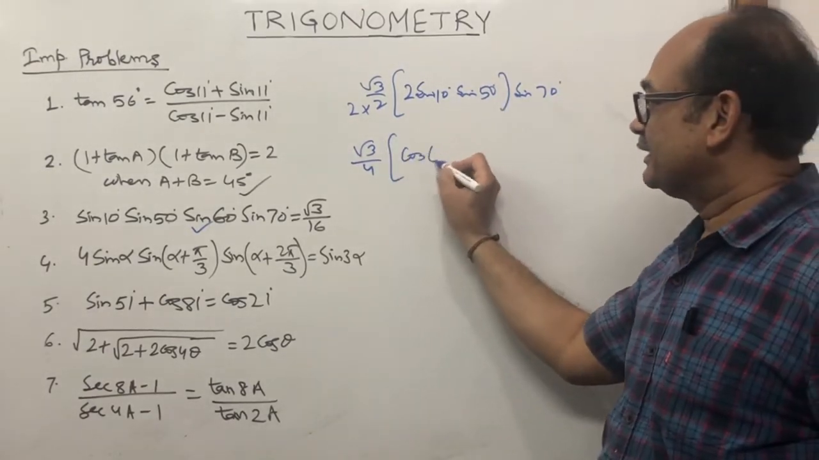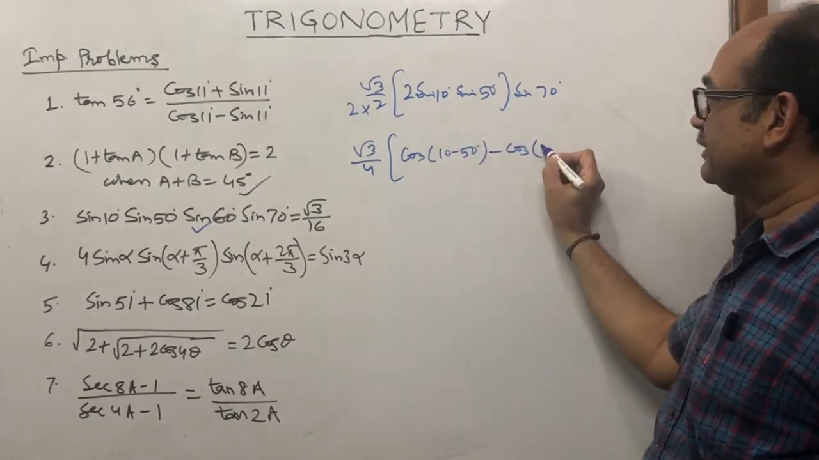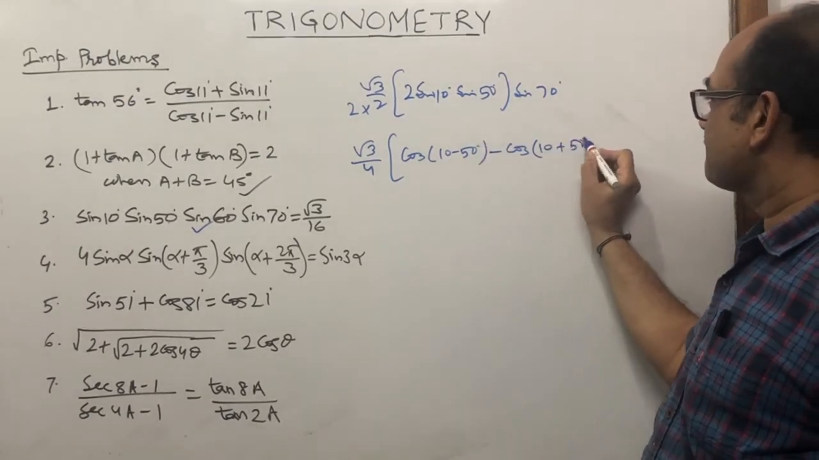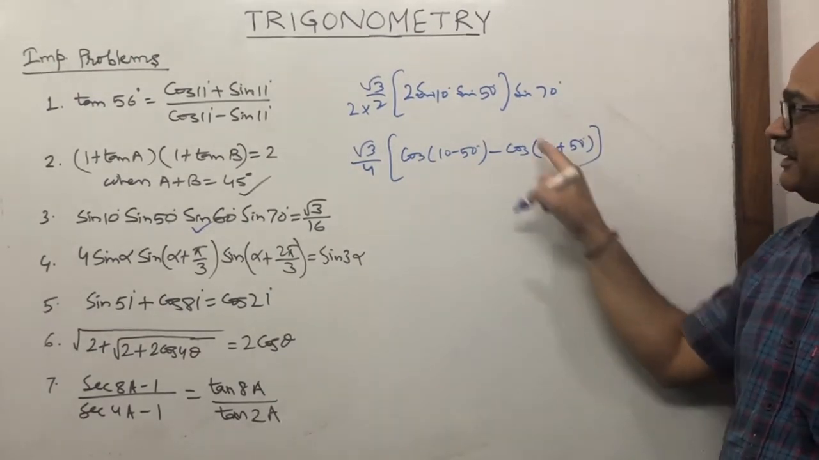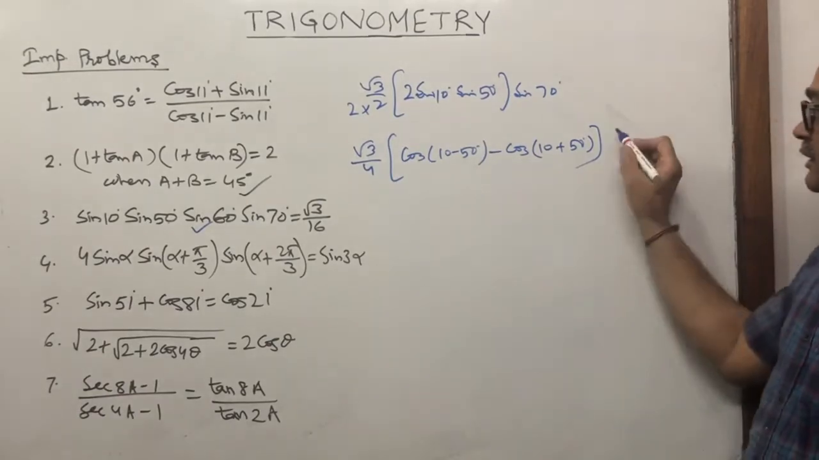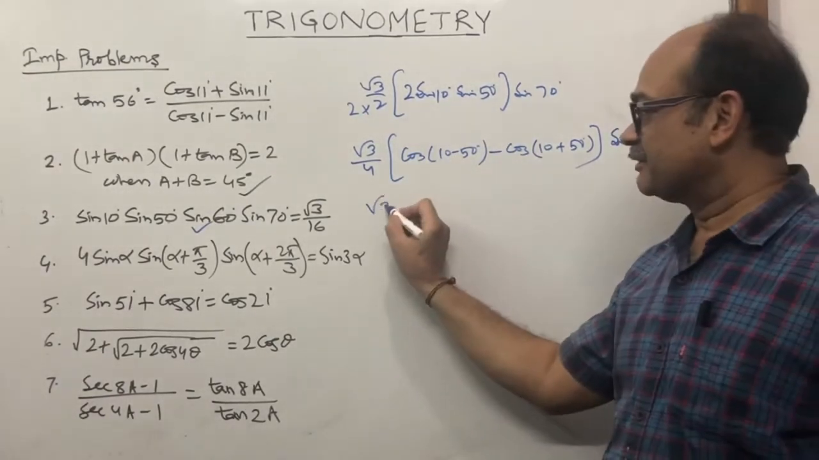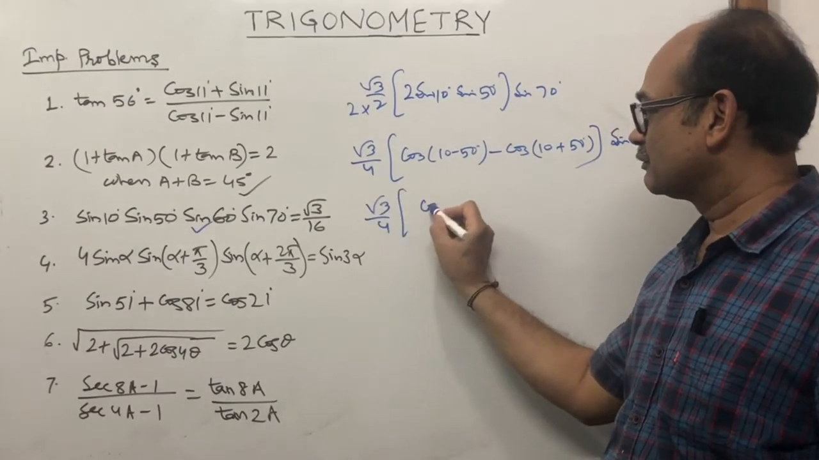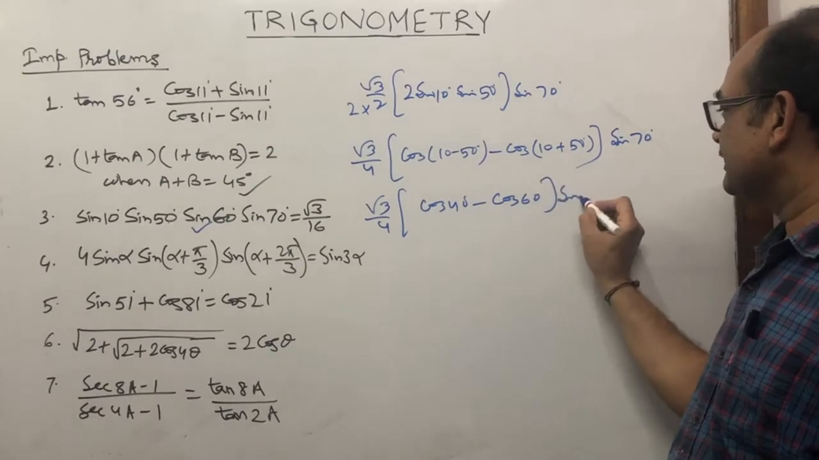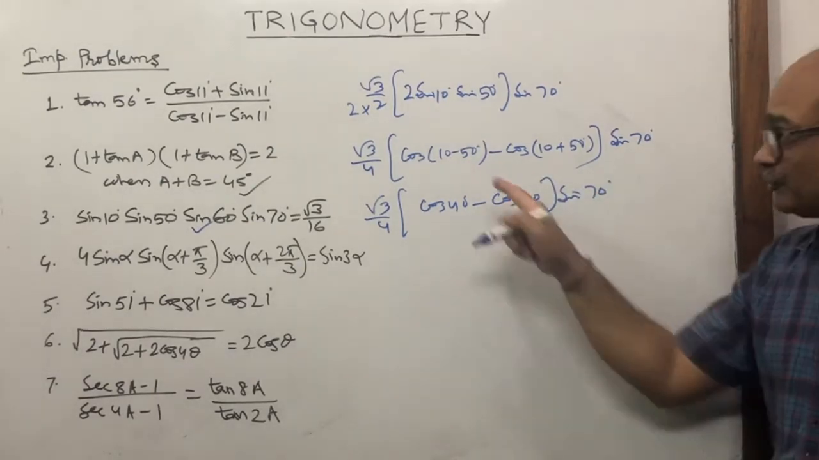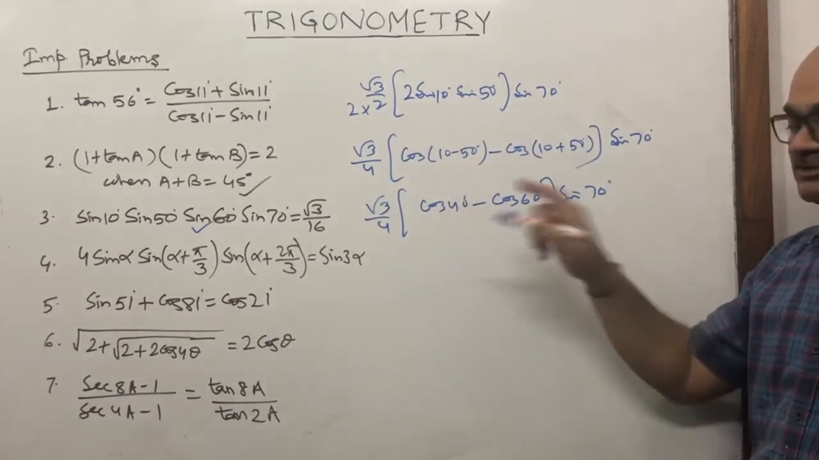Cos A minus B minus cos A plus B. Cos A minus B minus cos A plus B is 2 sin A sin B. Sin 70 as it is. This is nothing but root 3 by 4 cos 40 minus cos 60 and sin 70. क्यों लिखा? cos minus 40 लिखना चाहिए था यहाँ तो। cos of minus theta is cos theta, इसलिए मैंने डायरेक्ट